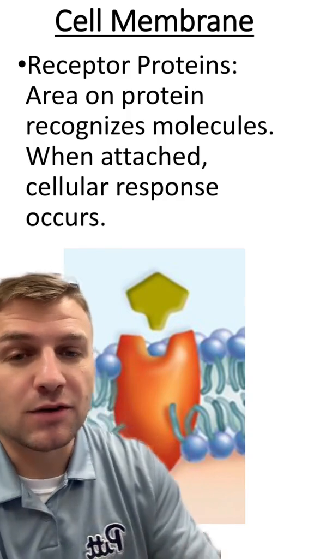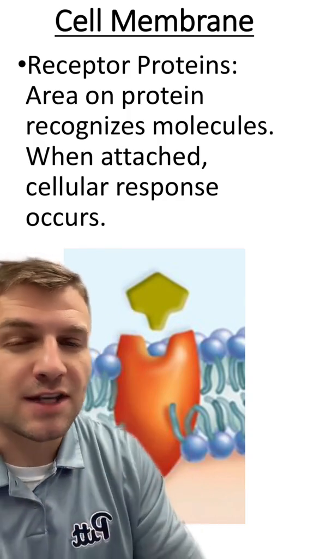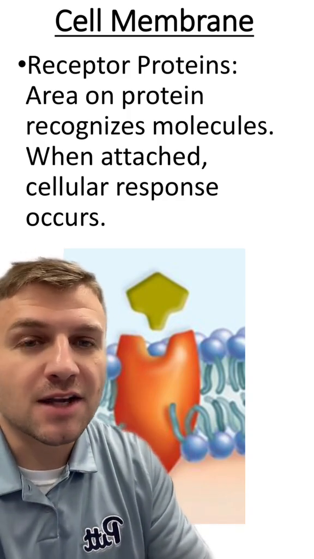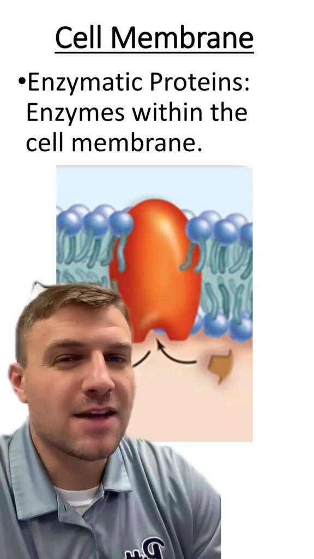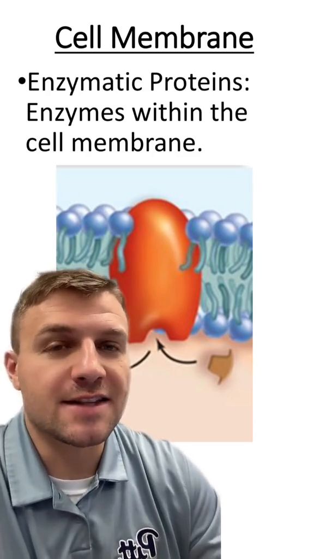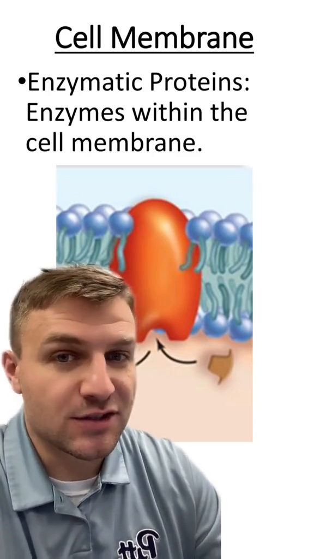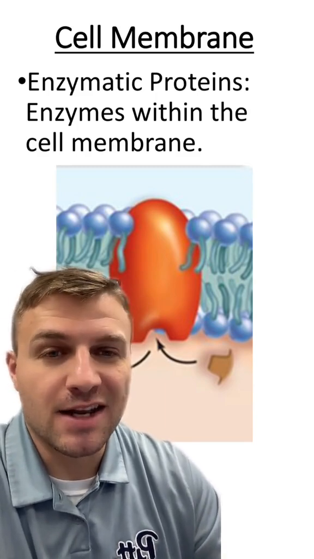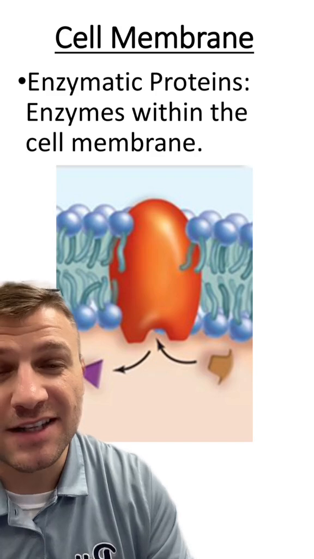These type of membrane proteins are going to bind with some receptor molecule and initiate some cellular response within the cell. The next type of membrane proteins are known as enzymatic proteins, and you can kind of guess what these do. These are enzymes that are just embedded in the cell membrane, so they either break things down or join